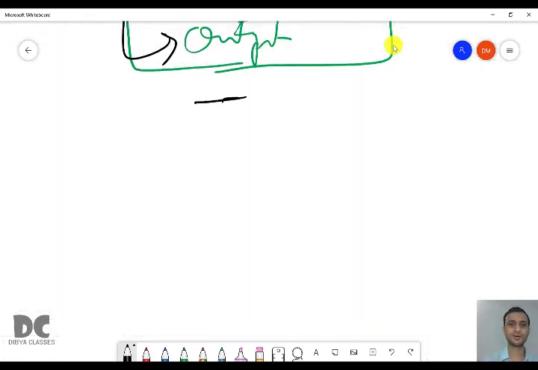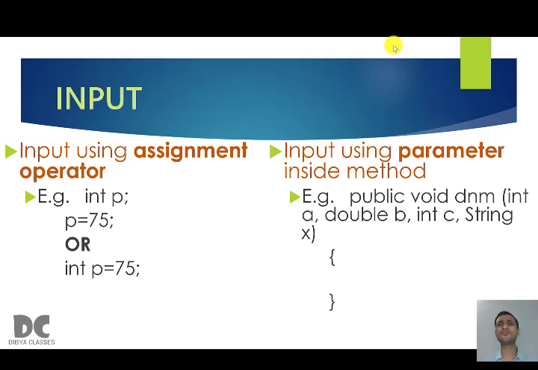So now we'll study input. In Java, there may be many ways to take input, but there are basically two basic ways: input using assignment operator and input using parameter.